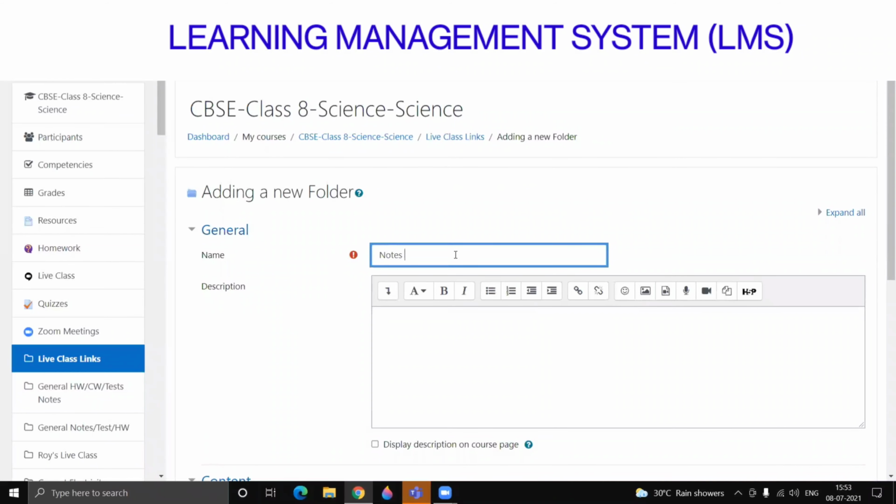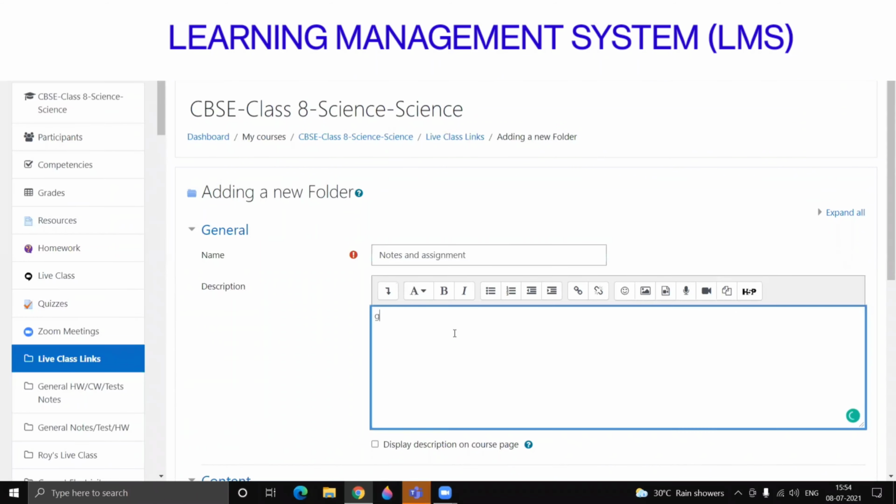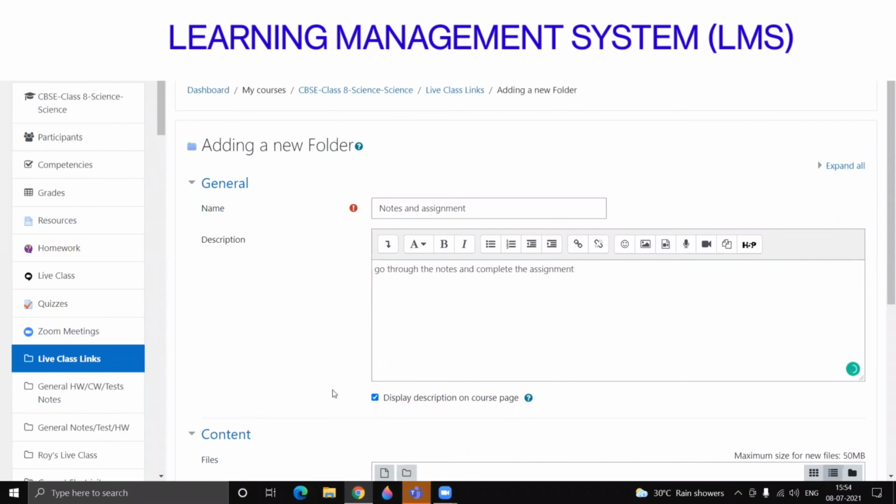So I'll say this as notes and assignment. Here I'm going to give an instructions, go through the notes and complete the assignment. Now display description on course page. So teacher can add her resources.